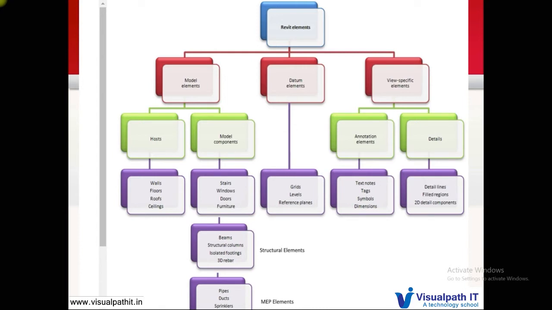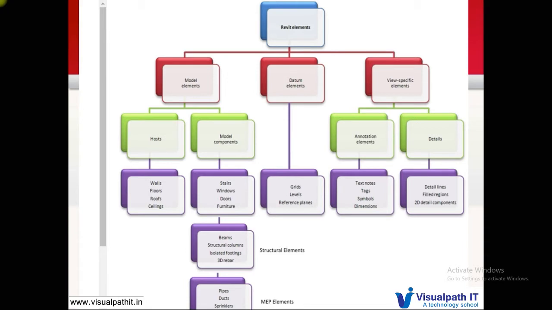Okay. Now, the doors, windows, furnitures, they are the architectural components. Similarly, when we learn Revit structure, then there will be structural elements. When we learn Revit MEP, then there will be MEP elements. So beams, columns, etc. are called structural components. And MEP elements are pipes, ducts, electrical wires, cables. So these will be your MEP elements: plumbing, taps, pipe fittings, etc.